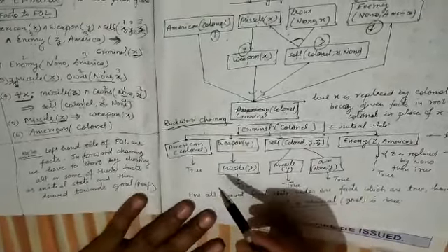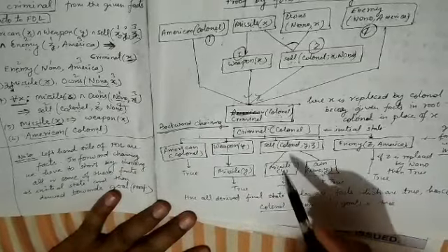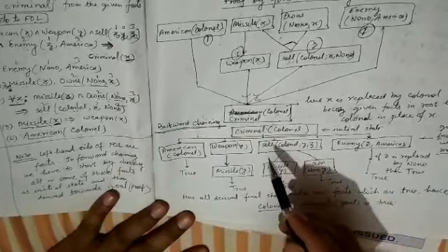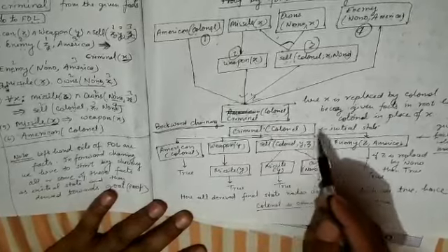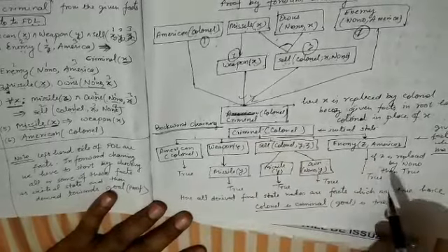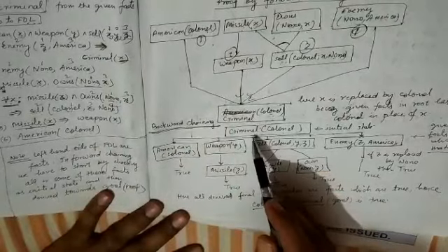While in our previous case, in forward chaining, we started from our initial states, from the given facts. But in backward chaining, we start from our goal. Our goal is given: the Colonel is a criminal. By using this goal and these inference rules, we have to prove whether this goal is true or not. If we are able to find some facts based on this goal, facts which are true by using these inference rules, then we can say that our goal is true.